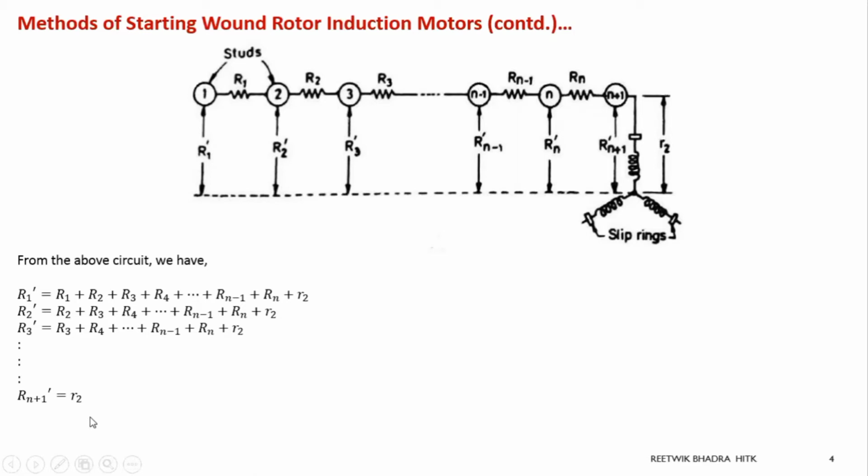But understand this, at each start what will be the value of resistance, and that's why we are telling at the first start, because it is maximum resistance, the minimum current will flow. Slowly as the speed goes on increasing and it reaches normal speed, normal operating condition, the resistances are cut down and the current is allowed to flow to normal full load value.